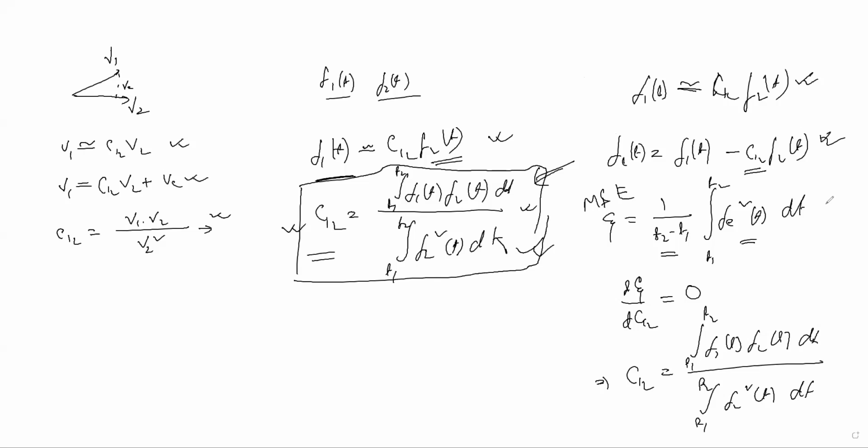Here you can see that there are 1, 2, 3, 4, 5 steps. These steps you should remember, because we have two more topics: one is orthogonal signal space, another is derivation of MSE, in case multiple signals are given. We are going to derive those now. First of all, you should know these 5 steps, and in a similar way we will find the orthogonal signal space also.